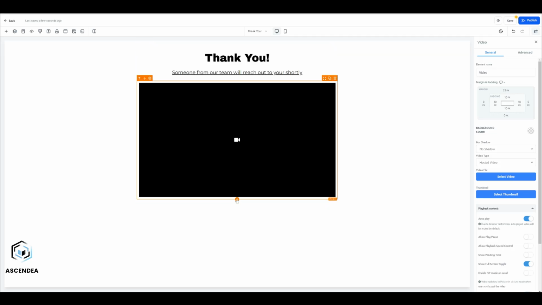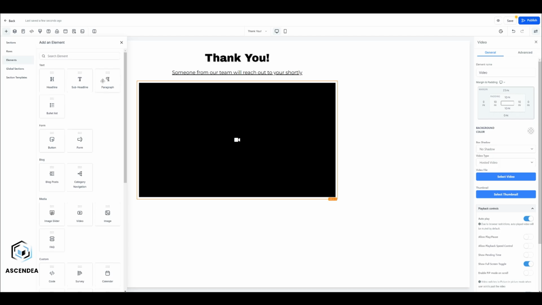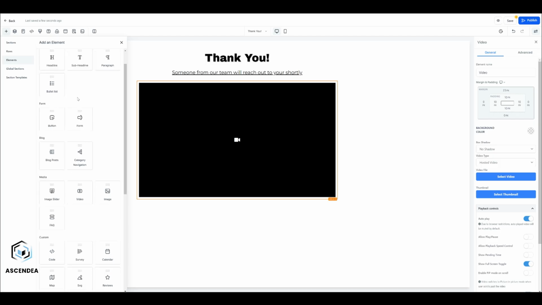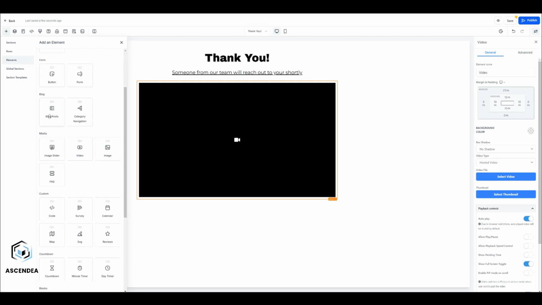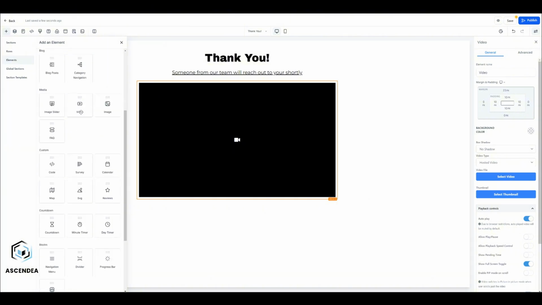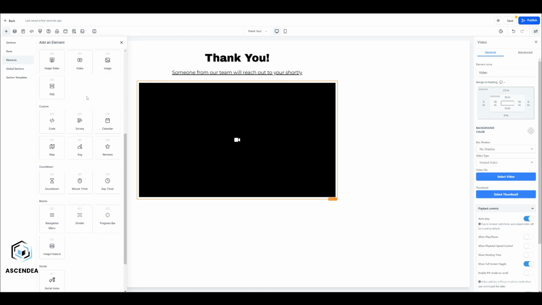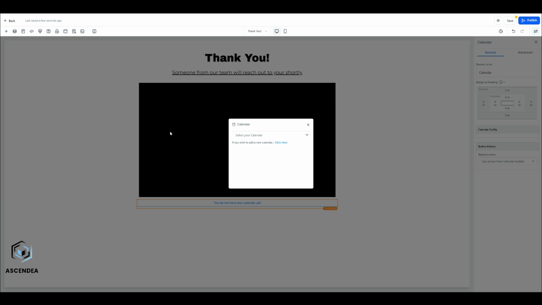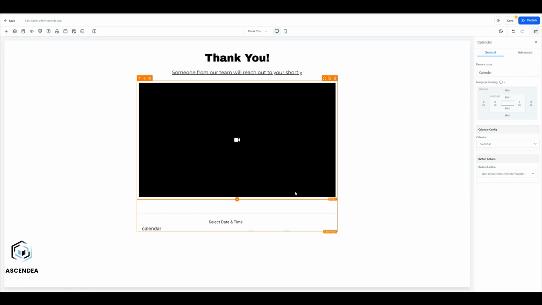We could also add a lot of different elements. So we can add headlines, sub-headlines, paragraphs, bulleted lists, buttons, forms, blog posts, navigation, image sliders, videos, images, FAQs. We can even add surveys, calendars. So if we added a calendar here, we can click calendar, and we could select a calendar to pop up